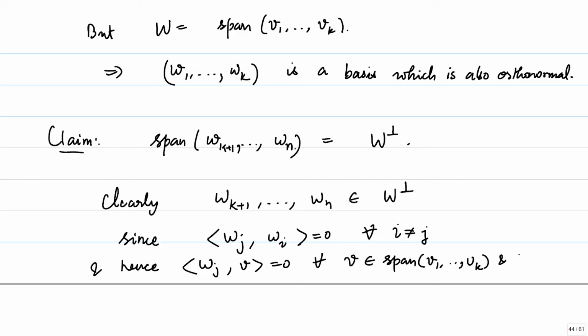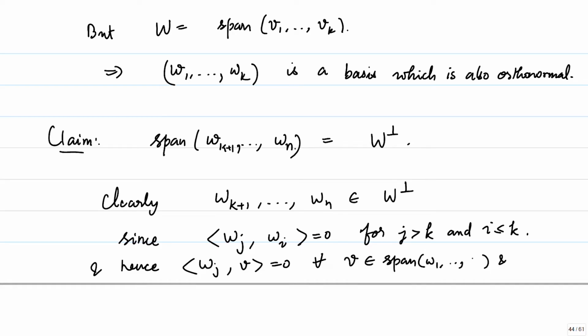So let me write it like this: for j greater than k and i less than or equal to k, and therefore this tells us that for v in the span of W1 to Wk,